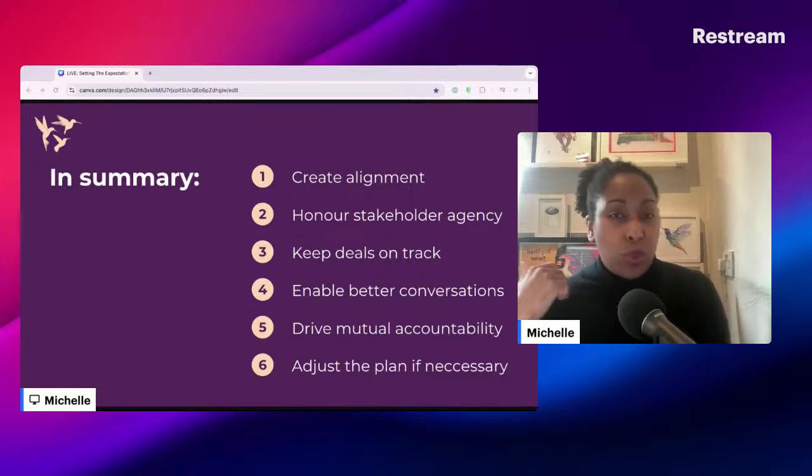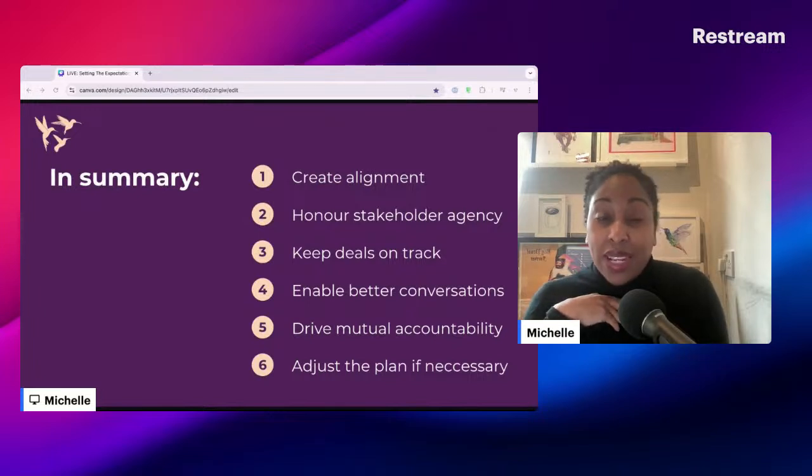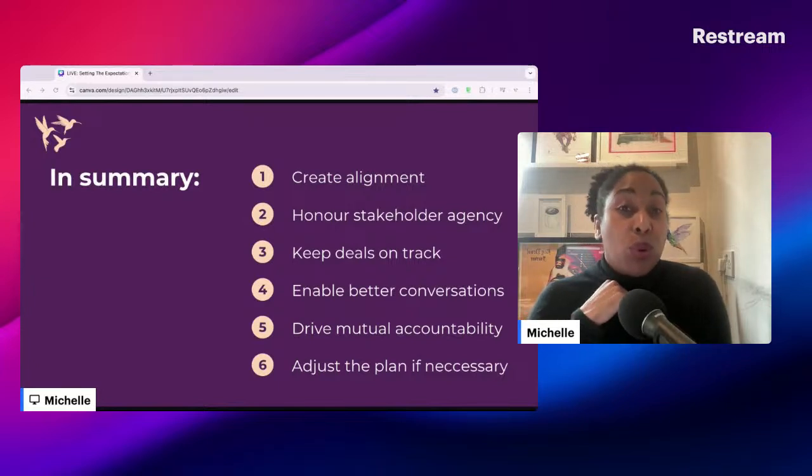I think most importantly for me is that it creates psychological safety by making sure that there's no hidden agendas. And that enables a far more powerful, connected conversation, far more honest, where you can really get to what are the pains and the challenges that they're facing right now, so you can better understand whether you're well placed to meet those challenges and how.